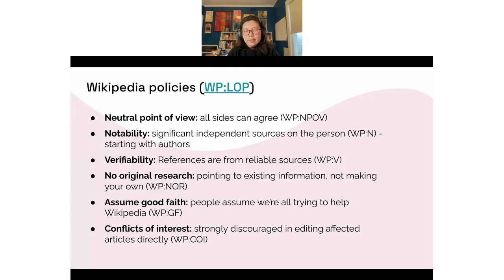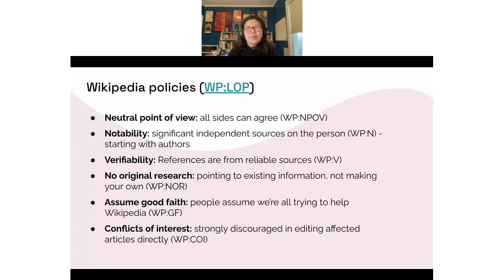Wikipedia wants to make sure that we're including people who are significant, and that their significance is validated by independent sources. So even if your mom thinks you're really important, and that's great because you are really important to her, we want to make sure that people on Wikipedia have importance and significance outside of their families.